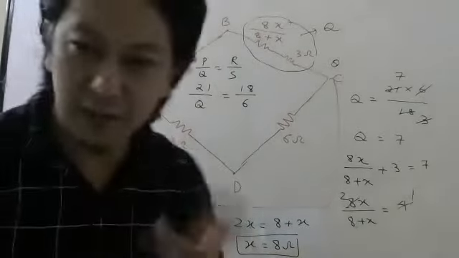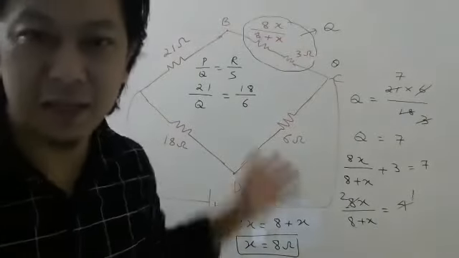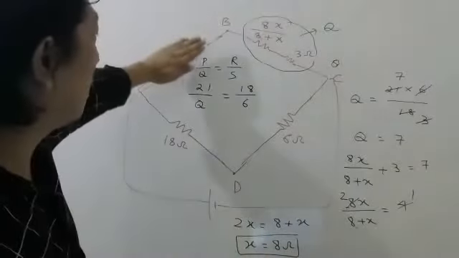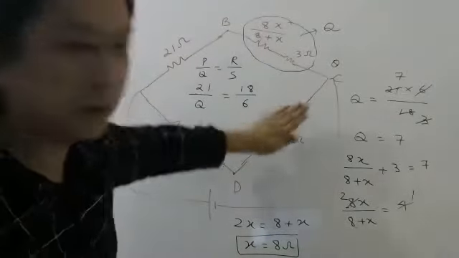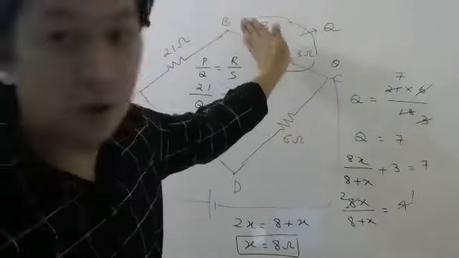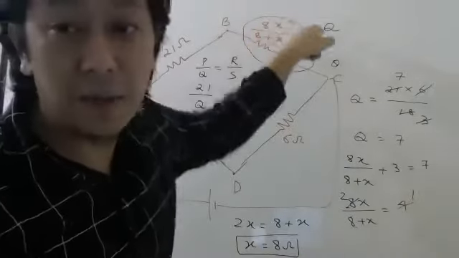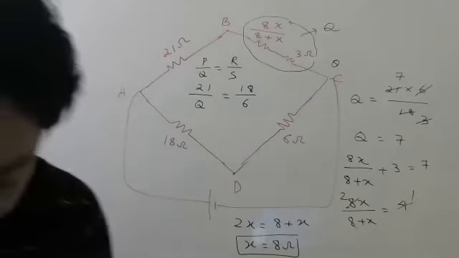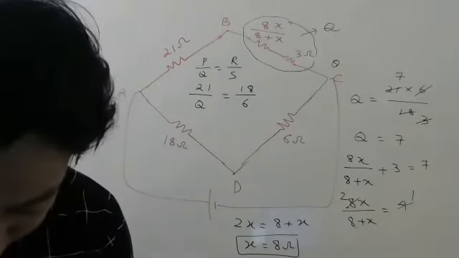So like this, sometimes they will do. Please try to solve it. I did it a little bit; too many things were there. Usually, this will be one resistor, this will be one resistor, this will be one resistor, and this will be one resistor, and X will be in parallel. Okay, try to see, everyone.